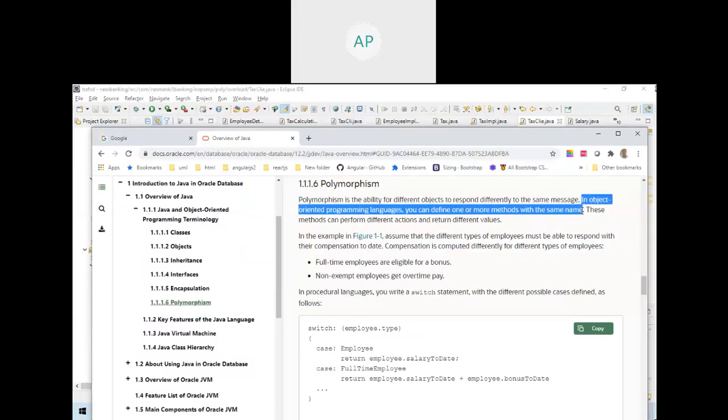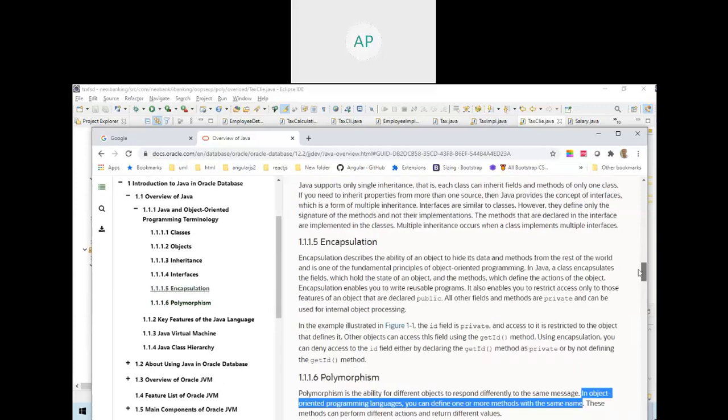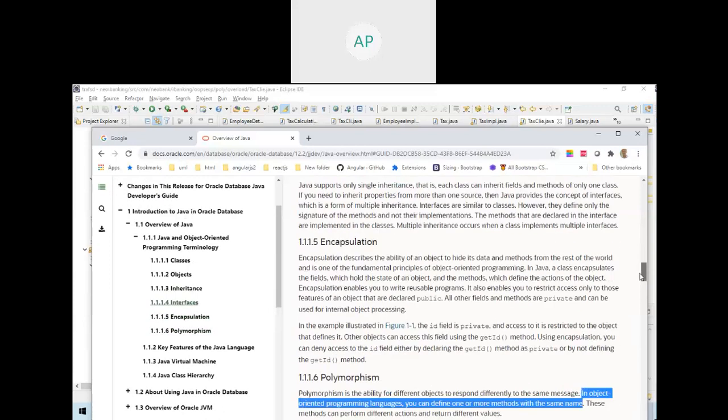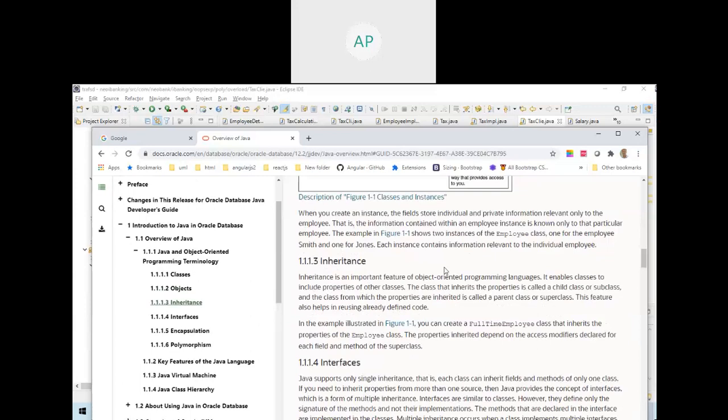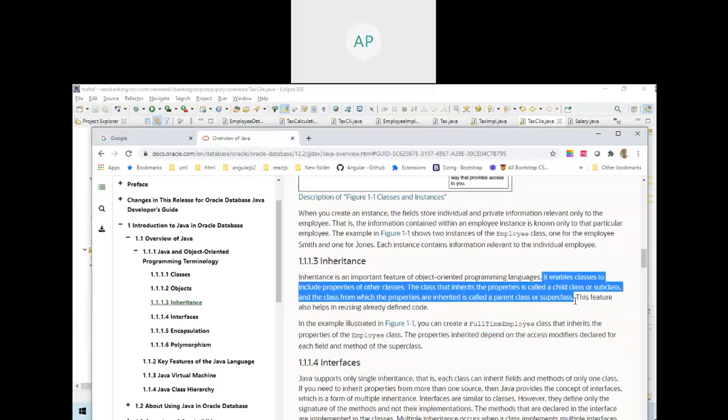From here to here, how we implemented here? By using the overloading concept. You understood? I think so. I explained all the things here. Polymorphism, encapsulation also I explained. Inheritance. With the example I demonstrated all these things. Now you get a base idea. So after that, if you go and keep on reading, you get all the things.